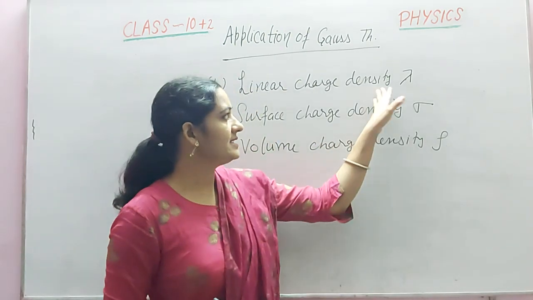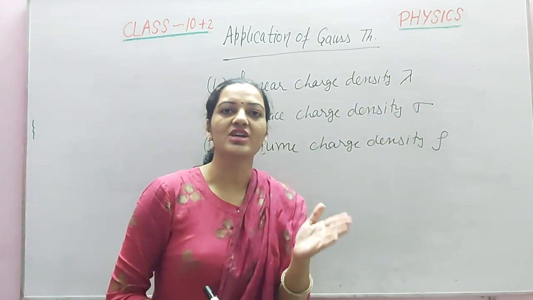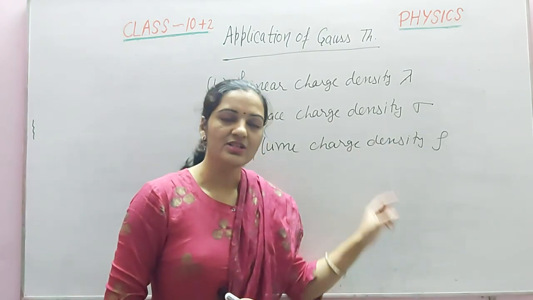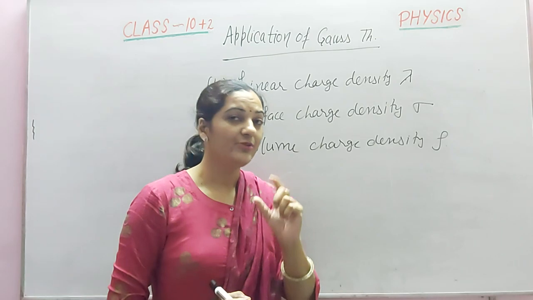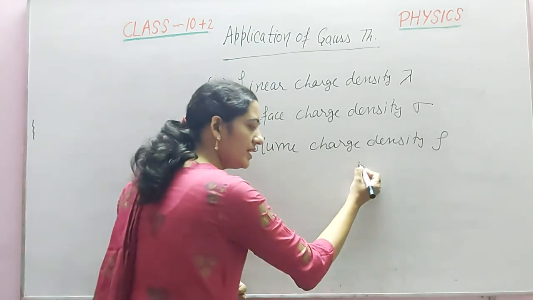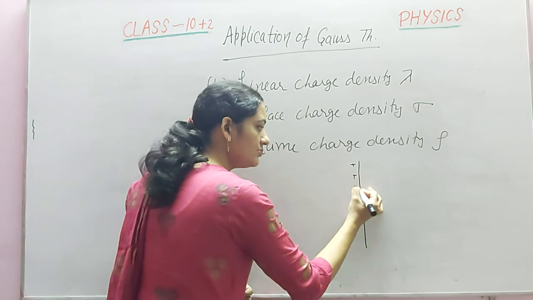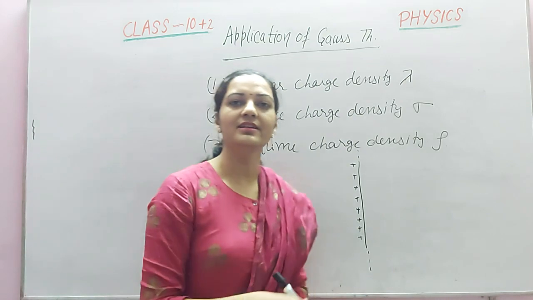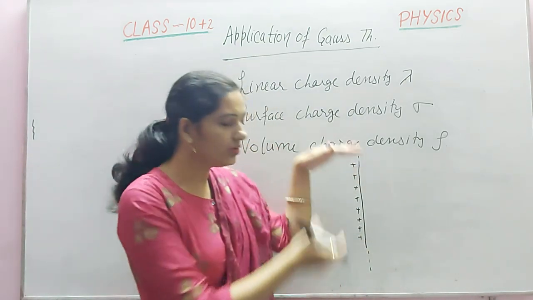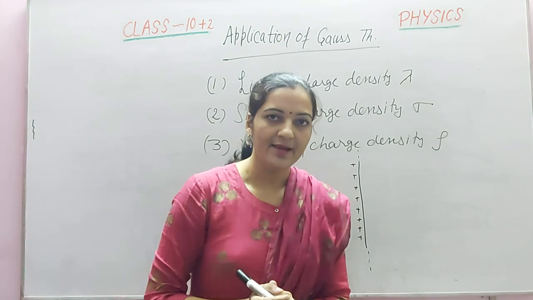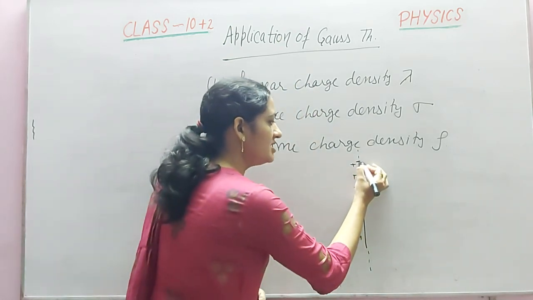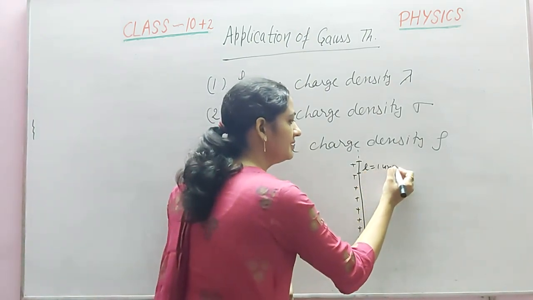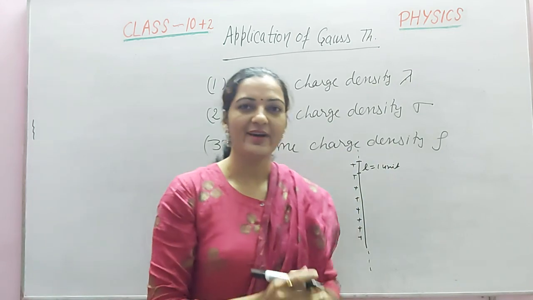Now what is lambda? Lambda is charge per unit length. Here I will discuss a long straight conductor, so the term lambda will be used. If there is a straight conductor, then it is difficult to find the charge for an infinitely long conductor. We can't determine the whole charge. So what is the easy step? We can determine charge per unit length. If you consider a length of 1 unit, for this length you can find the charge easily.